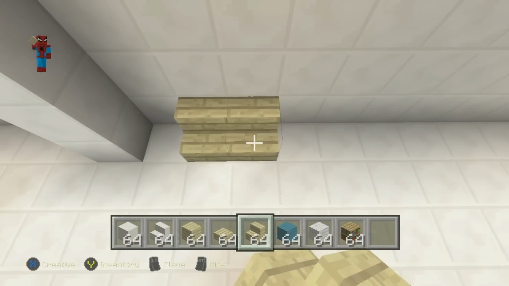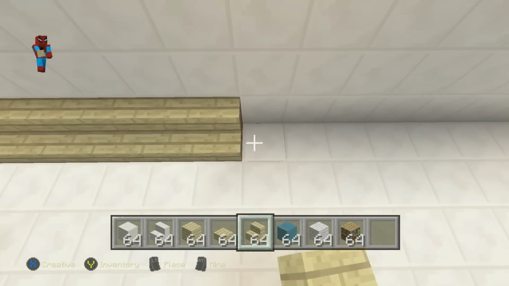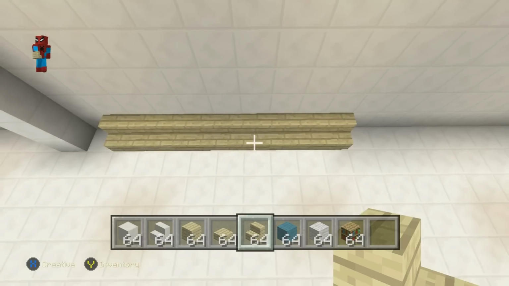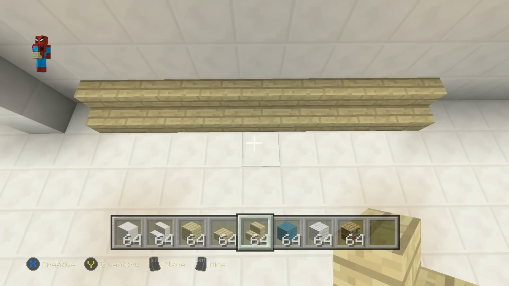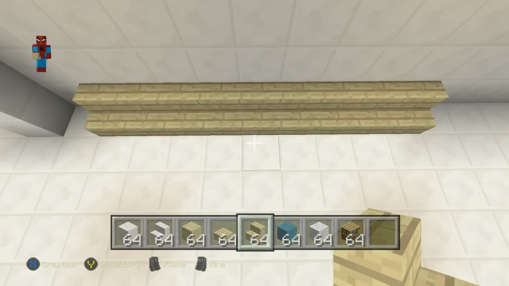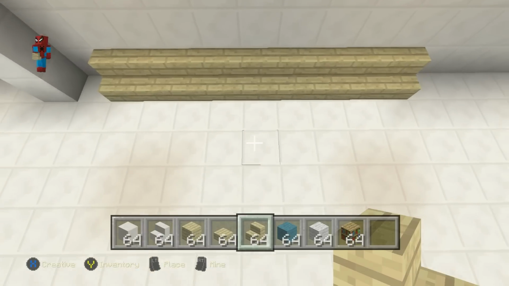So that'll be 1, 2, 3, 4, 5, 6, 7, 8, 9. And you know what? Whilst we're actually here, we want to come to the very center of this row of 9. It should be this block right here. You guys can see it has 4 either side of it. And moving out, leaving a gap of 3 in the ground. So that's 1, 2, 3.